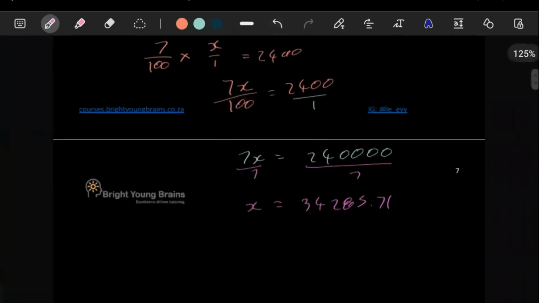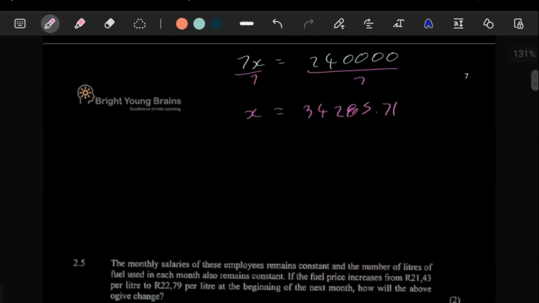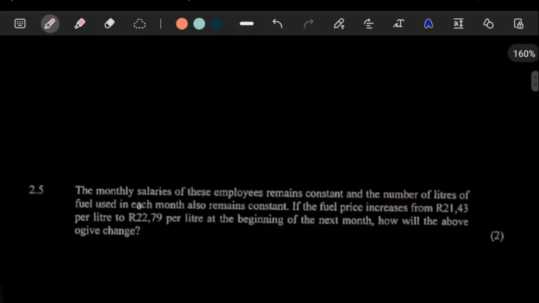Yep. So that's that. Let's move on to 2.5. 2.5 says the monthly salaries of these employees remain constant, and the number of liters of fuel used in each month also remains constant. If the fuel price increases from 21.43 up until 22.79 per liter at the beginning of the next month, how will the above OGIVE change? So the thing is, you have to remember that since the monthly salaries remain the same, and the amount of fuel used remains the same also,